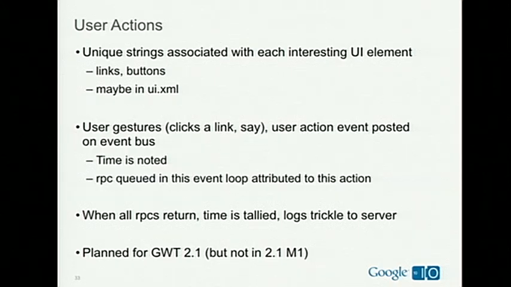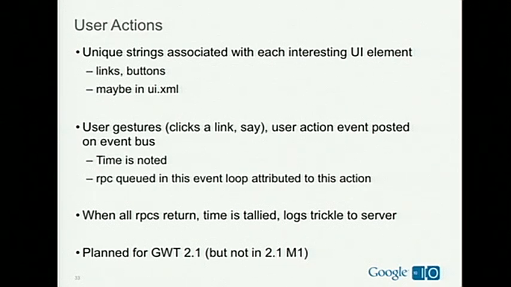Such instrumented widgets, when the user actually clicks them or whatever, make an announcement to the event bus, because we like event buses. Somebody else is listening on the event bus to hear whenever a UI element declares the user has started action X, and they start the timer. He's also listening to the event bus for RPC events that might happen as a side effect of this user action having been started. So employees are requested, sync operations are made, that kind of a thing, and he keeps the timer going. As responses are received over the next few microseconds, or well, hopefully microseconds,